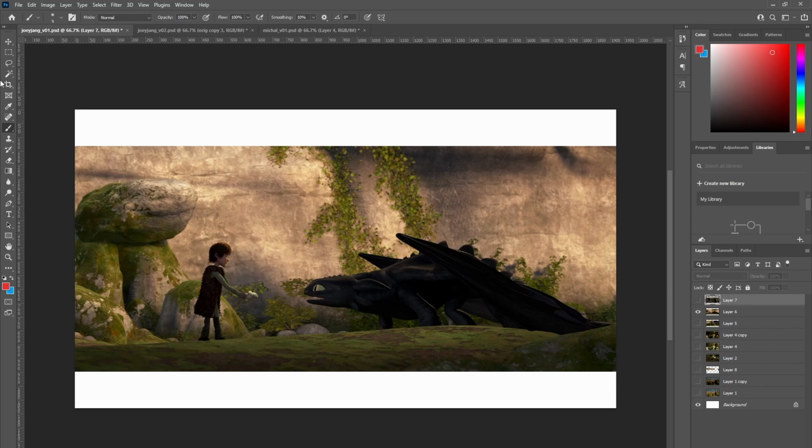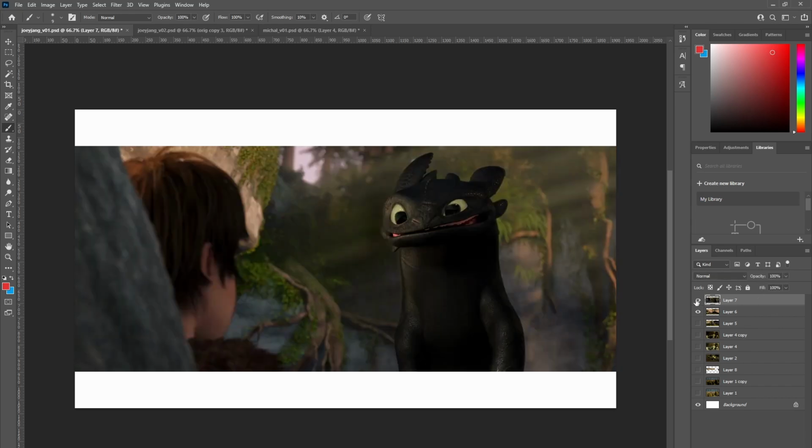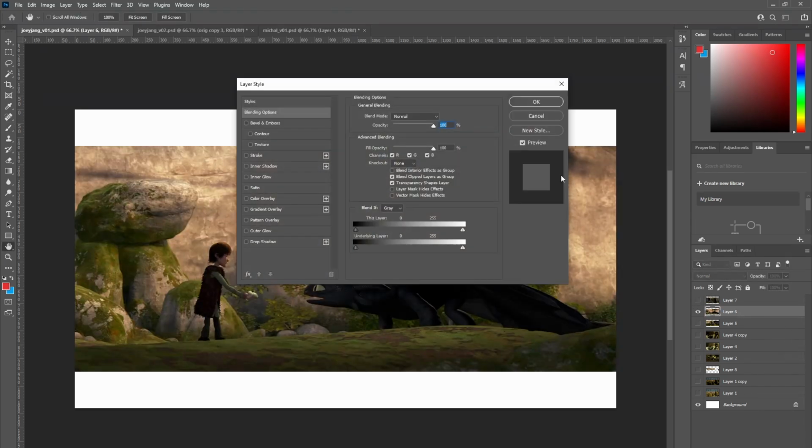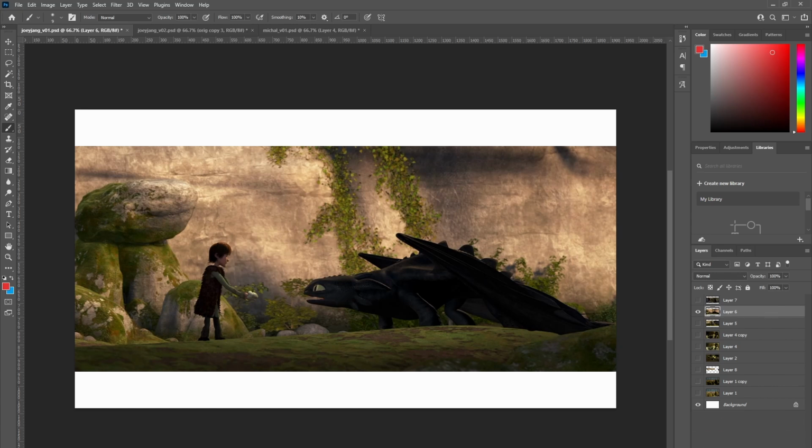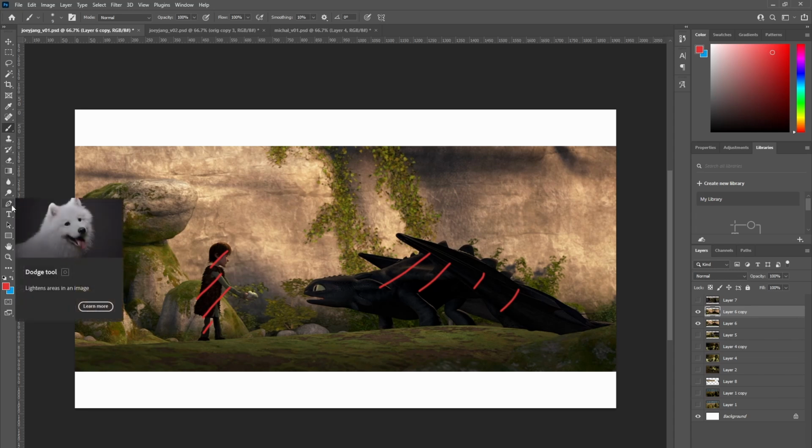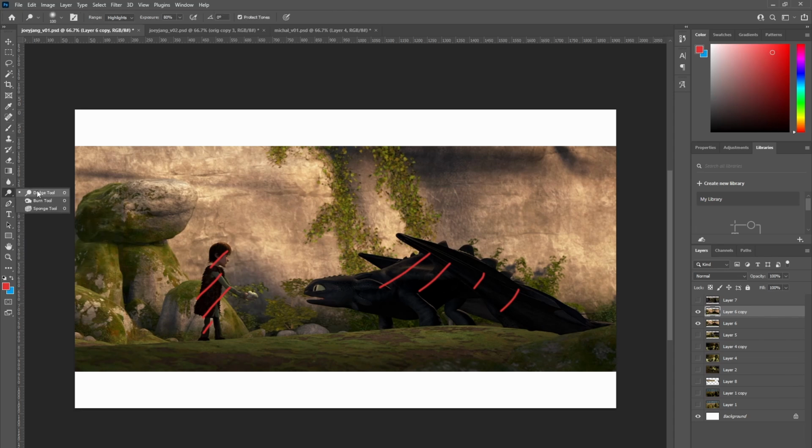You have this really nice shadowing that's happening with the foreground subjects being in shadow and having them read really well because you have the walls being hit by the sun like that.